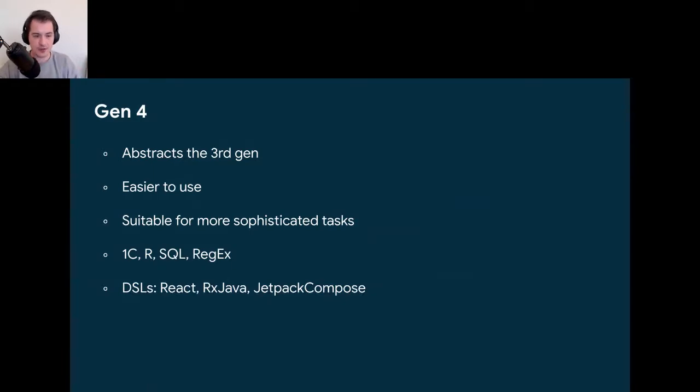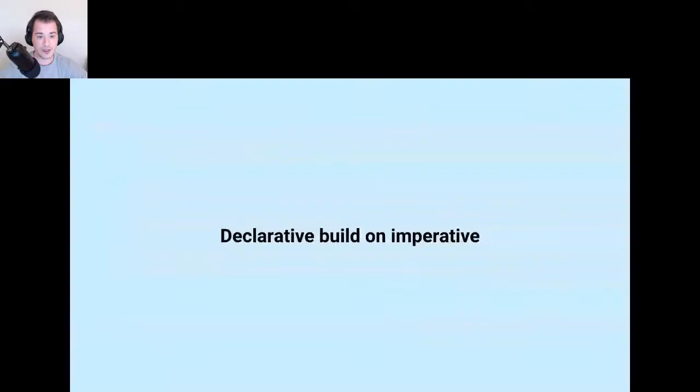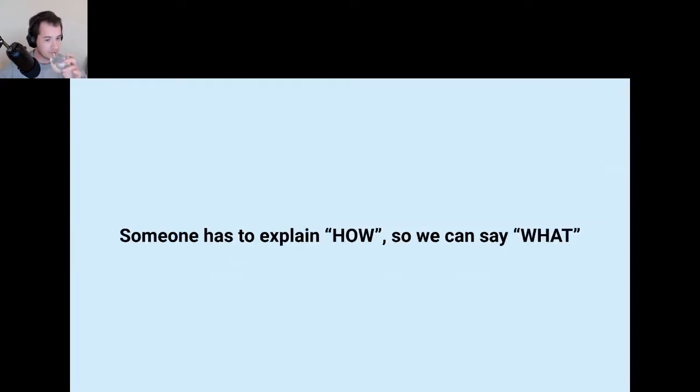Why? It's actually because we don't really need the fourth generation right now. The fourth generation needs to solve our particular small problems that we have, like UI or database queries. We don't need a whole language that introduces something more than we already have in Java or Kotlin. So that's the interesting part about the history. The takeaway here is that declarative is nothing better than imperative. It's just built on imperative, a new level of abstraction that gives you slightly less control, but more power. You don't need to worry about low-level stuff.